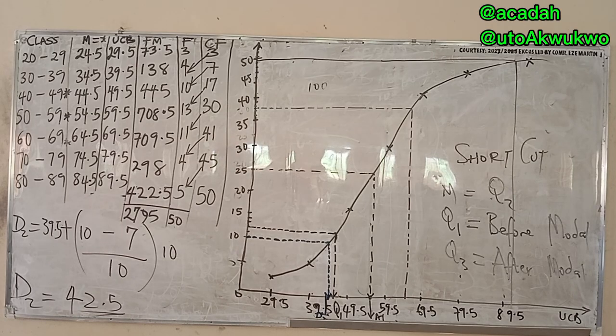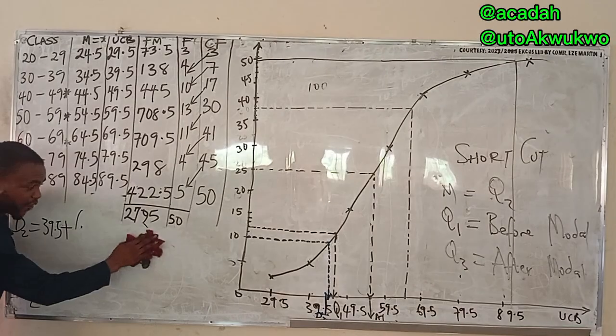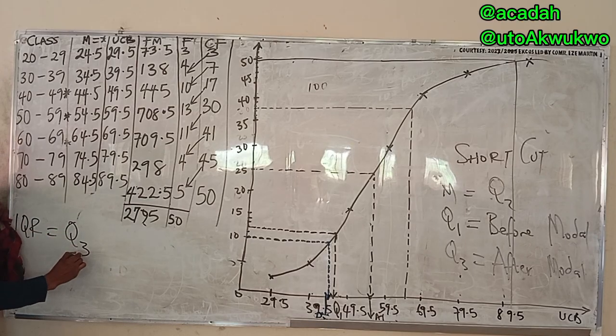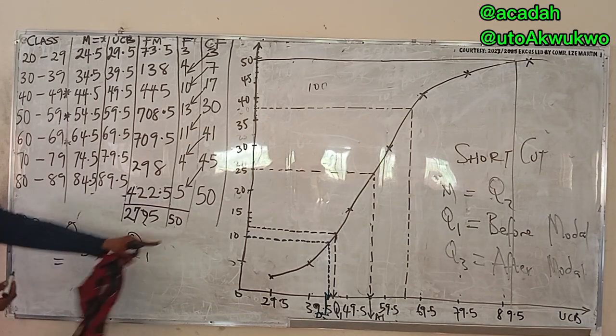But notice something. Under the measures of location, there's a place where I pointed out interquartile range, semi-quartile range. Because we don't know what the first quartile and second quartile are, let's talk about interquartile range. Remember I told you interquartile range falls under measure of dispersion. But you need to know that IQR is simply the third quartile minus the first quartile. So if this one is the first quartile, what do we get for the third quartile?